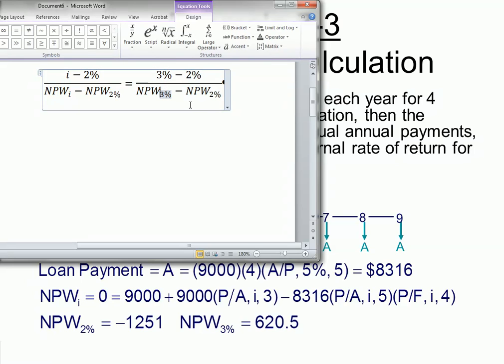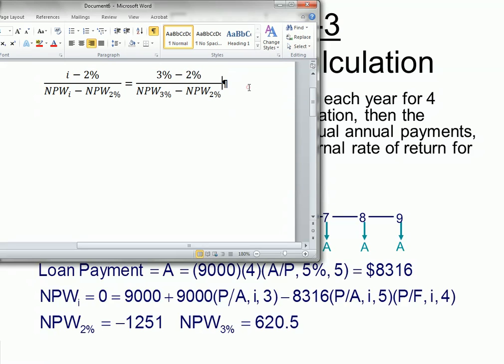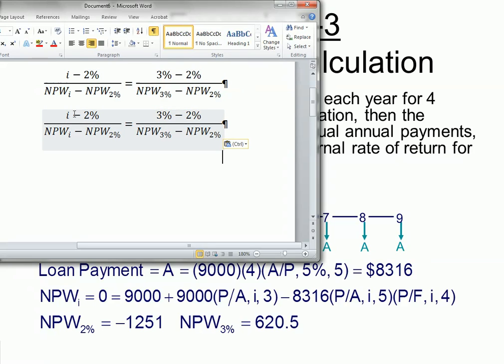Plugging in 3% here. And so then we could use this and plug in the values of the formula. So let me copy the formula real quick, and then plug in the values. The value of I, we don't know. We know that net present worth of I is 0. So instead of this, we're going to plug in 0. Instead of net present worth of 2%, we're going to plug in negative